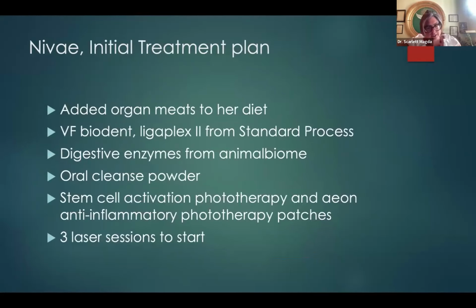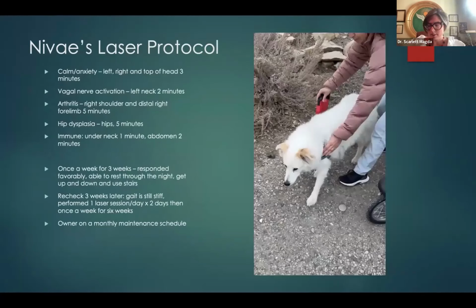And these offer nutrients that are highly concentrated and not really available in the other tissues that we tend to offer animals. Standard Process is a phenomenal company that's family owned that I work with, and they provide plaque forming bacteria. And this is something you can just put on the food. So I gave the digestive enzymes because you may recall that gas after eating was one of the complaints.